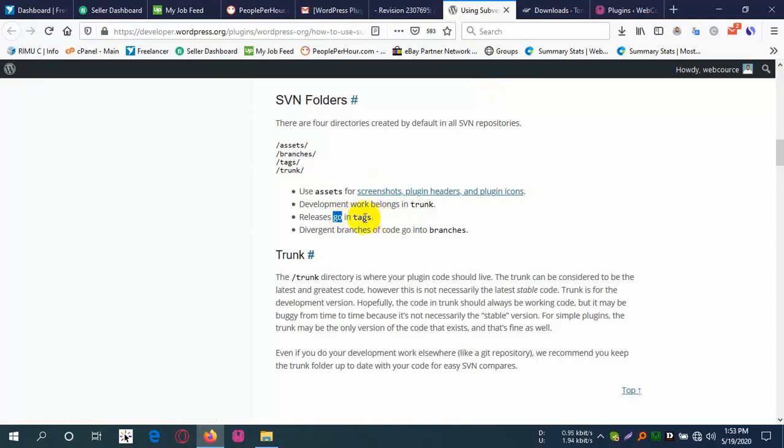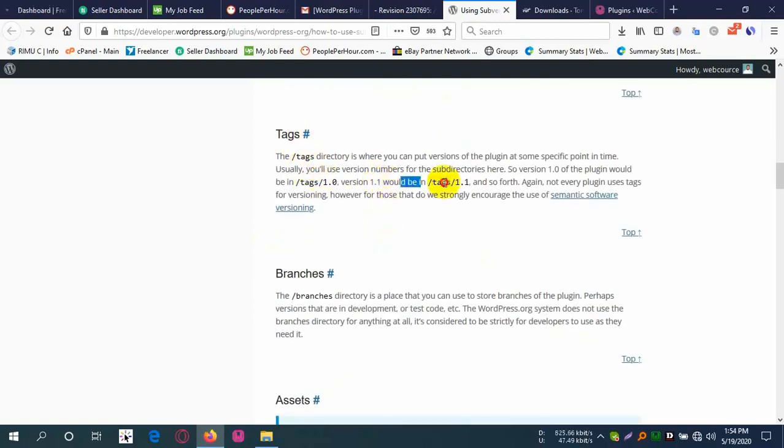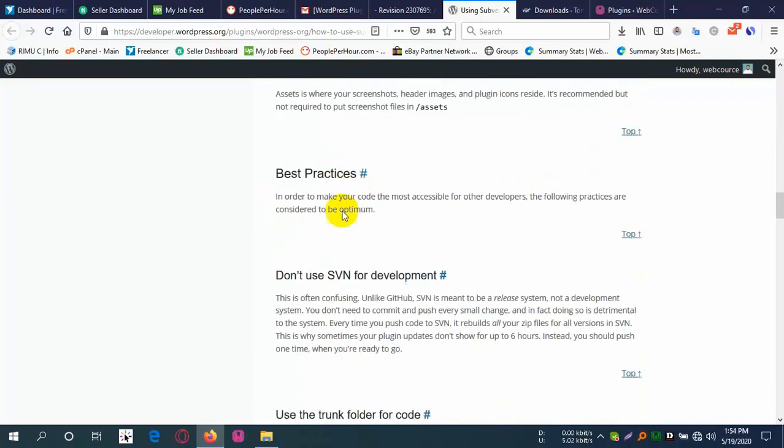That means when I release another version for an update, I'll put it on the tags. And branches, for the branches that's no need, and trunk for the full plugin files. And for tags, they have said how I can use it for another version, and